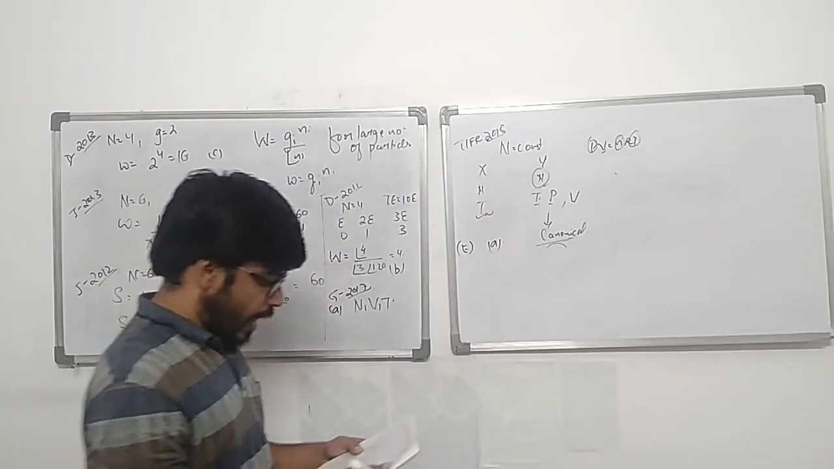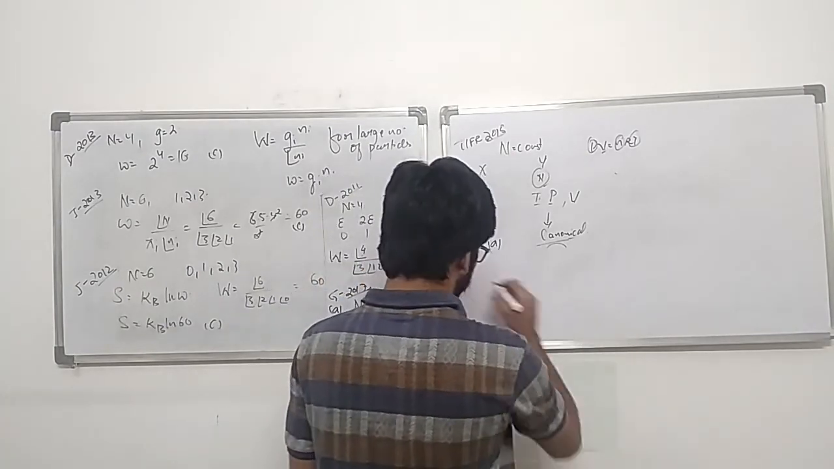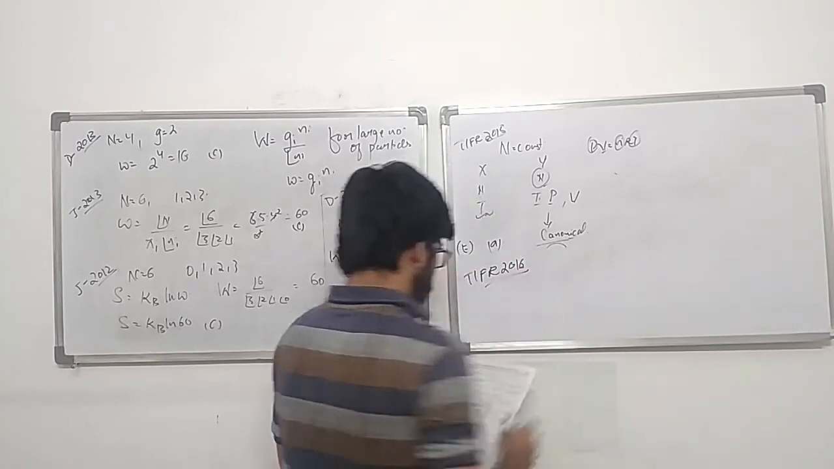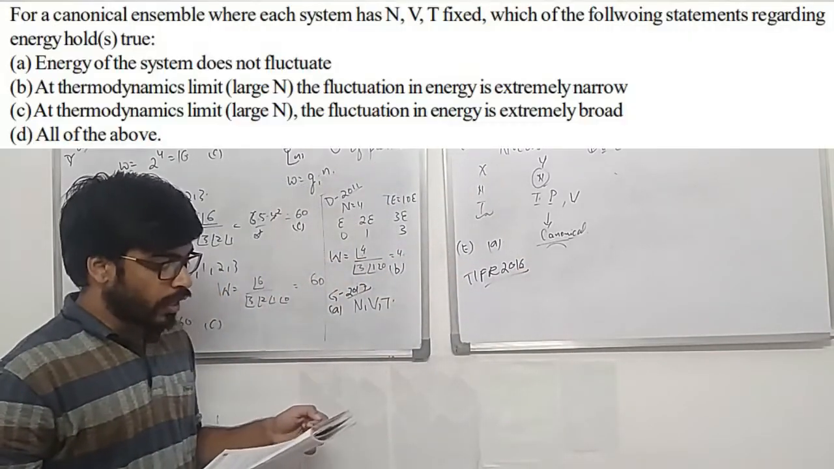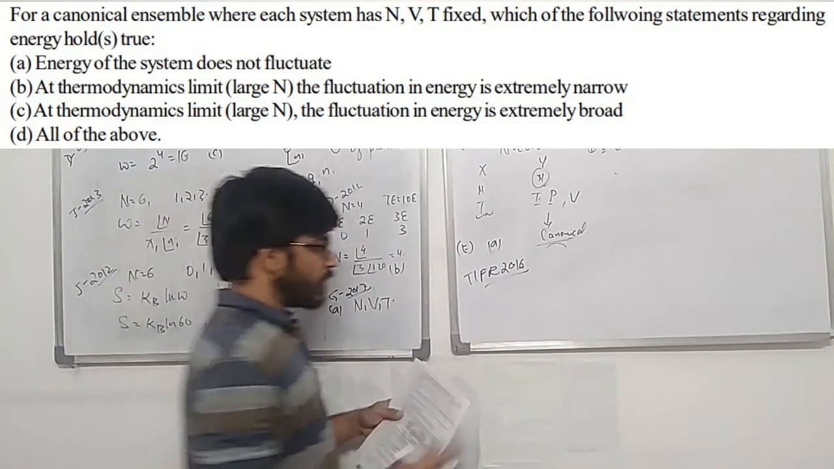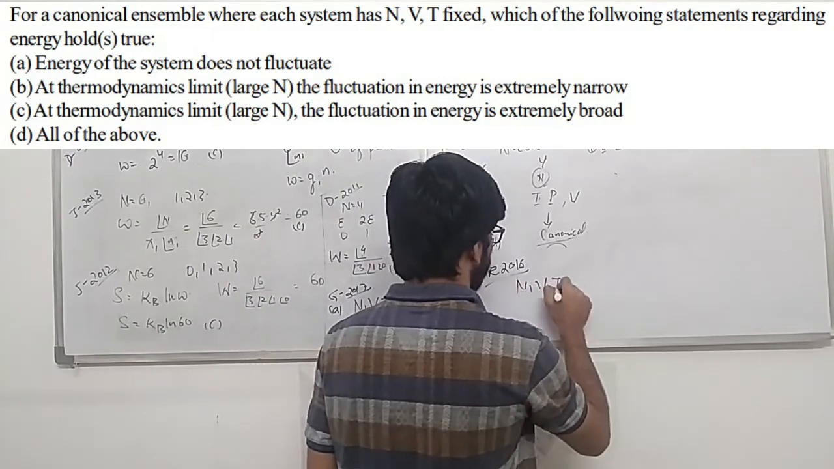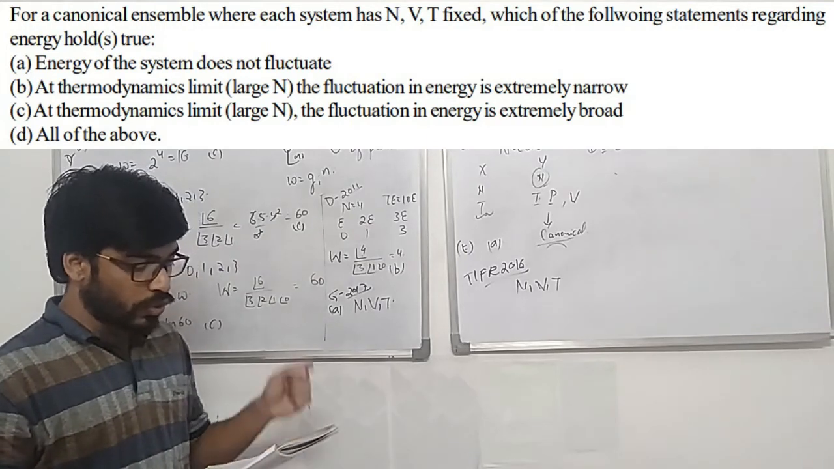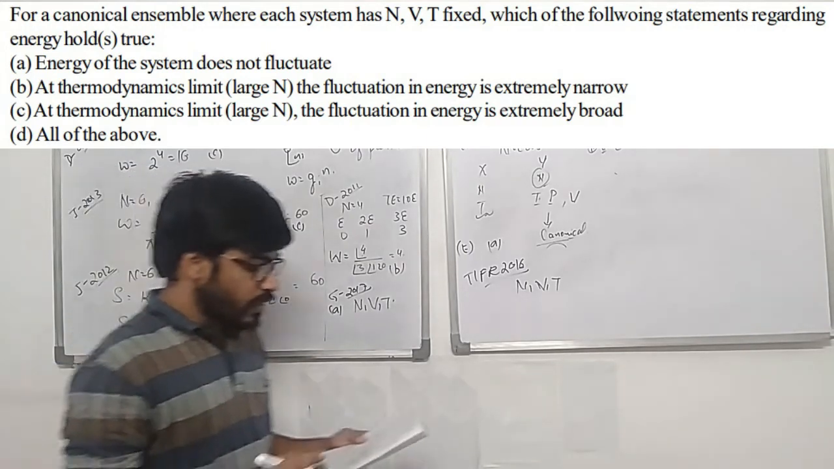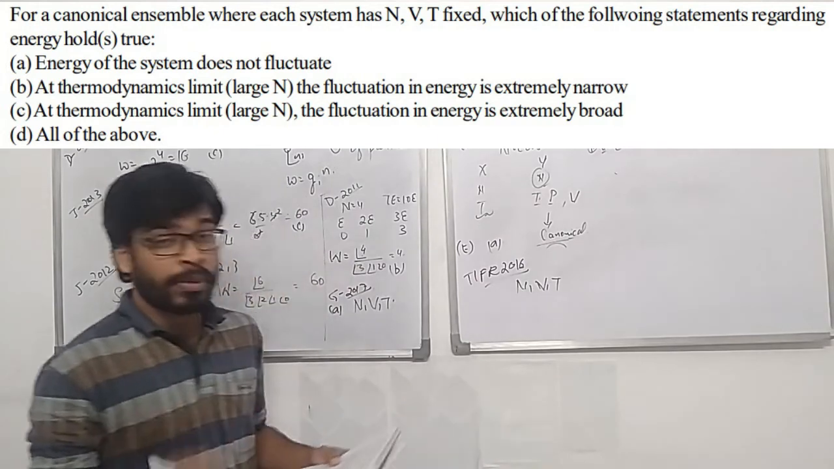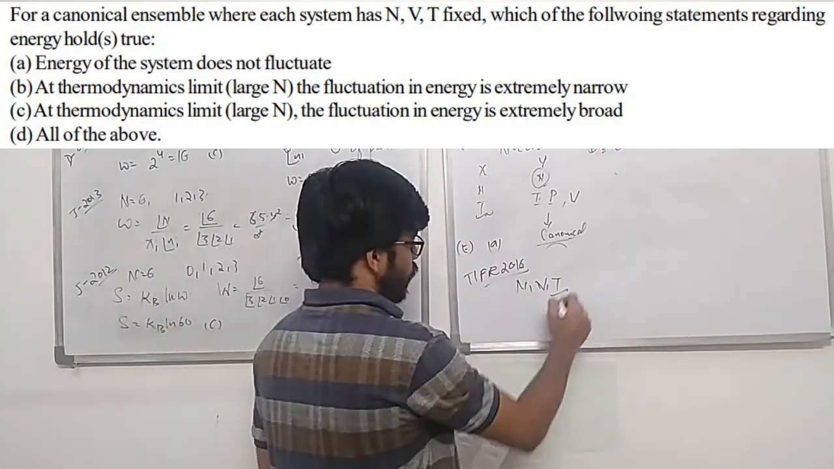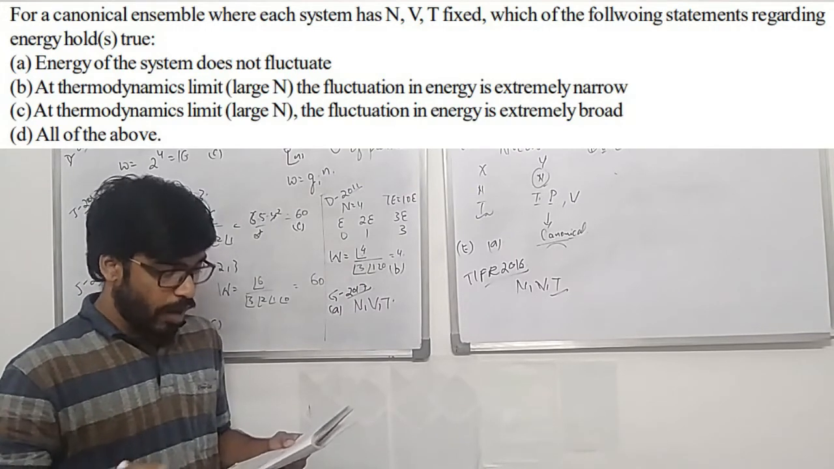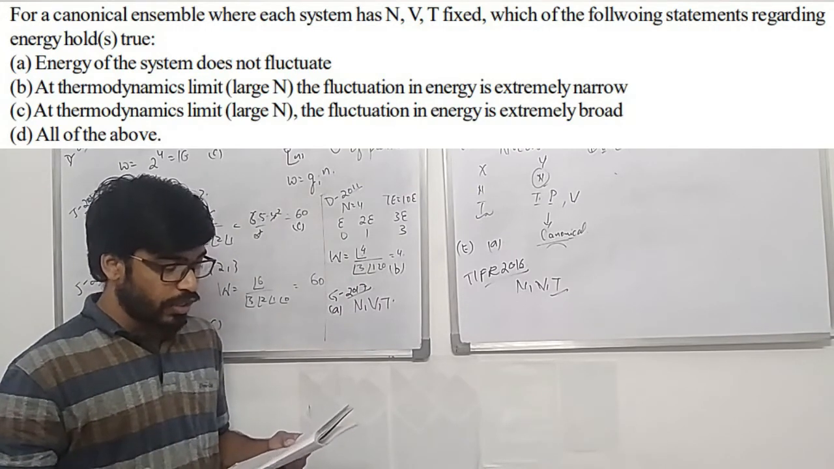The next question we have is from TIFR 2016. And the question says, for a canonical ensemble where each system has NVT fixed, which of the following statements regarding energy holds true? Energy of the system does not fluctuate. Now, since temperature is constant, energy will fluctuate. Energy is not constant. Or at thermodynamic limit, that is large number of particles, the fluctuation in energy is extremely